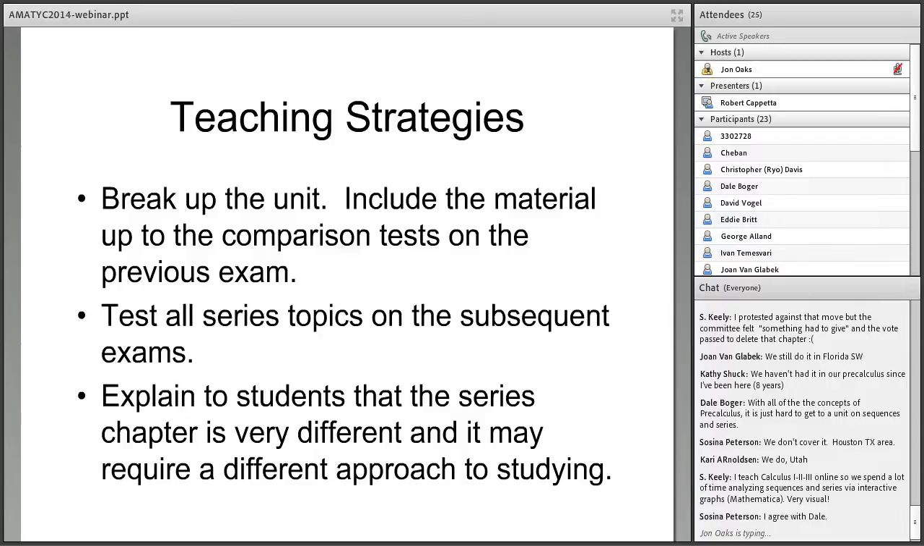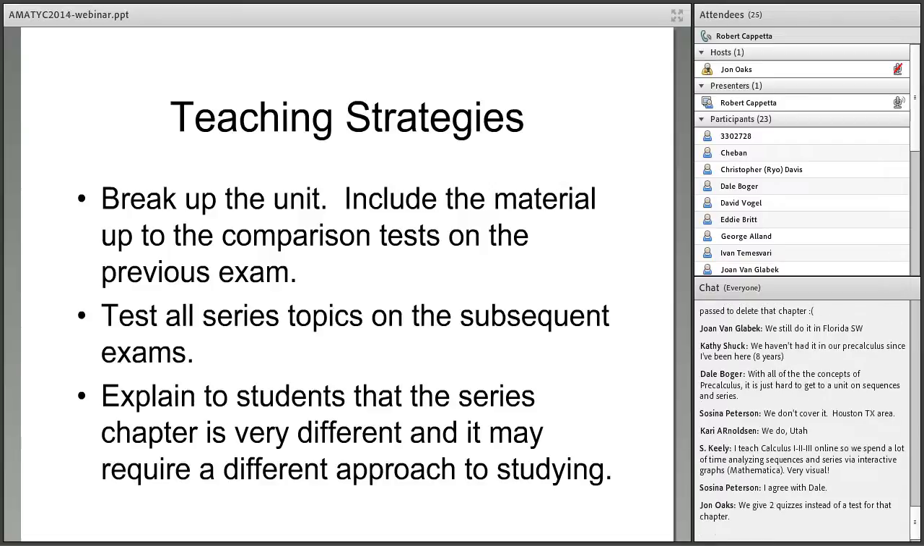on the subsequent exam. If you do the challenging topics at the end of the series unit, the students will not have as much time to internalize those concepts. Those are important concepts. They are challenging concepts. I like the students to have sufficient time to make sense of that. Be honest. First day, tell them the series chapter is different than what it's been before, and you've got to take a different approach to studying. In some ways, it's similar to doing integrals, in that you've got to determine which strategy to use, and then it becomes a problem-solving exercise. But I argue it's even more challenging than